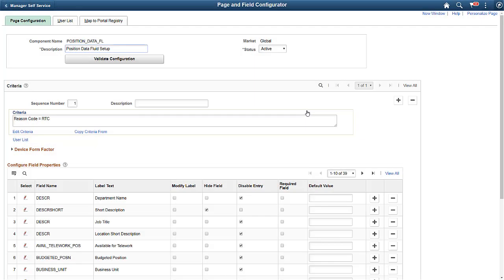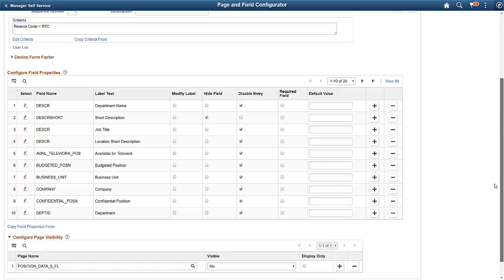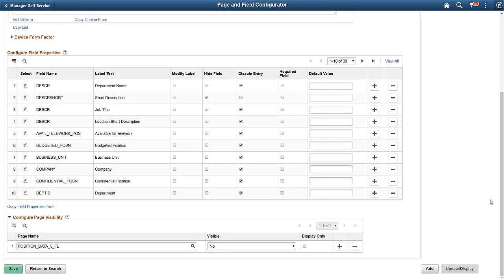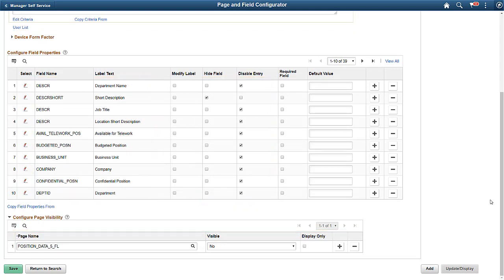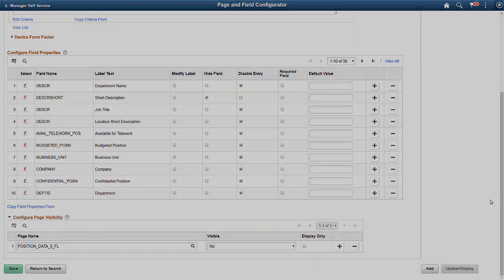As mentioned earlier, the activity guide can be configured to display as many steps or fields as you would like for the action. The Page and Field Configurator framework is used to enable these configurations for different actions. Here, for the action reason Reports to change, many fields are either hidden or have been disabled for data entry through configuration. The specific information page is also hidden. By leveraging the Page and Field Configurator, you can optimize data entry for administrators and minimize potential data entry errors.